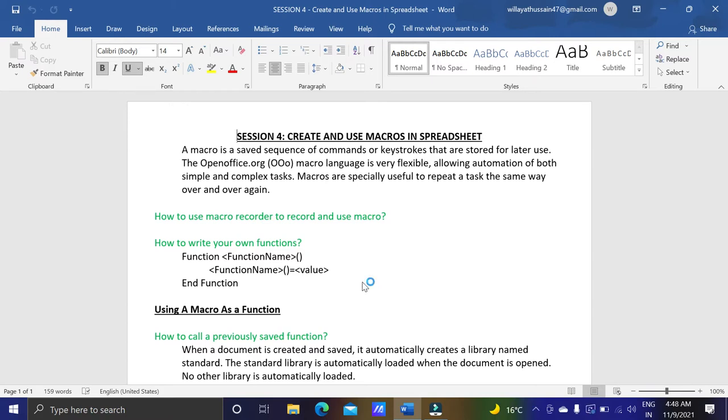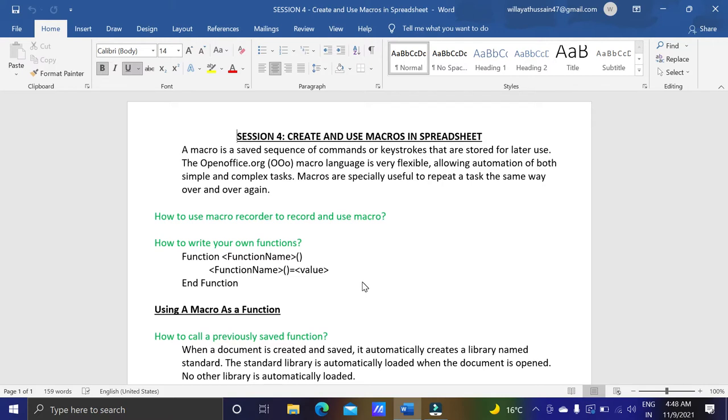That will take so much time. But if you go for a macro, you will record whatever you have done with one sheet and you can apply the same thing to multiple sheets, and that will help you save time.